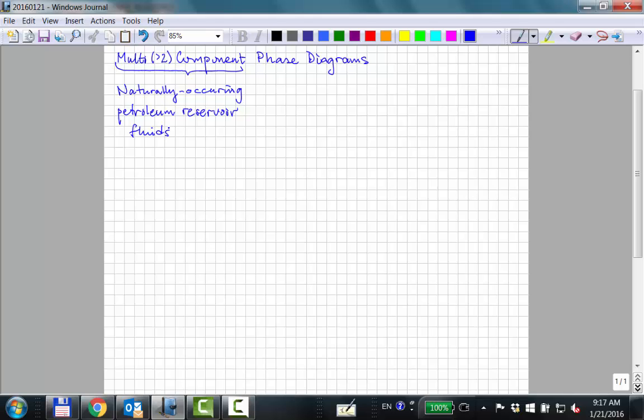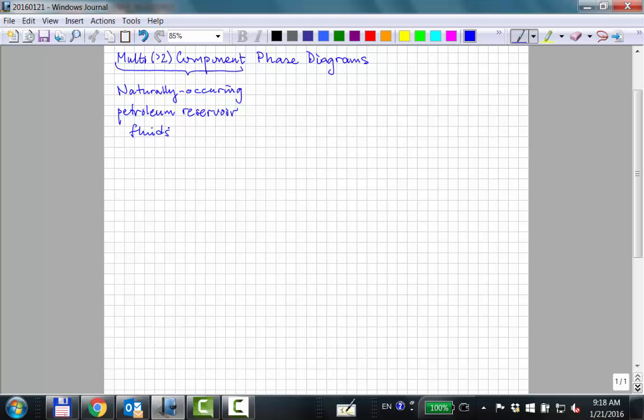And what's meant by petroleum, if you look it up in the dictionary, it's called a liquid hydrocarbon mixture, which is not really how we're using the term here. We're basically talking about naturally occurring hydrocarbon reservoir fluids, but for convention I'm just going to say petroleum engineering. If you look up Wikipedia or any of the dictionaries, petroleum is generally defined as a liquid hydrocarbon mixture, which is not what we're really talking about here. We could be talking about gases or liquids or other kinds of fluids. So